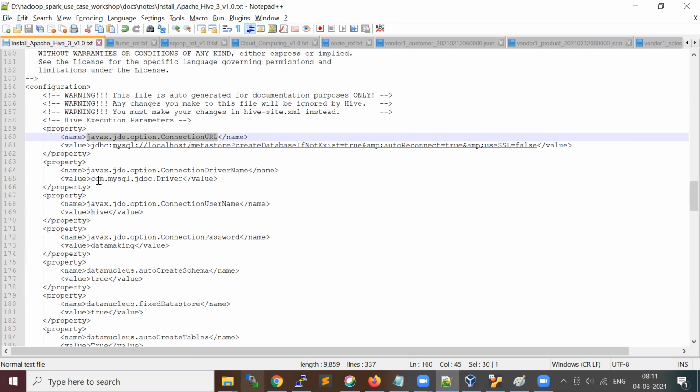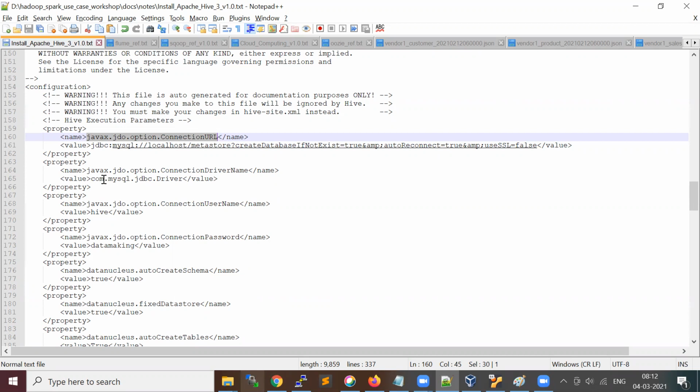What is this JDBC? For people who are from a non-programming or database background, JDBC is an interface to connect from any application to a database, to retrieve or save data.